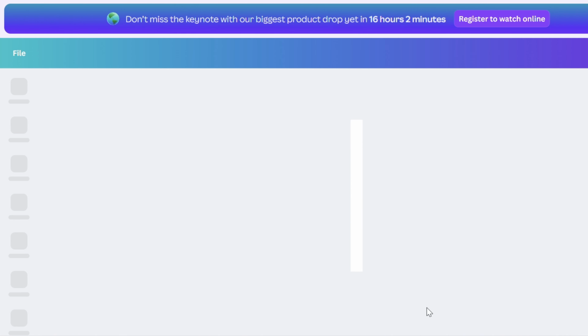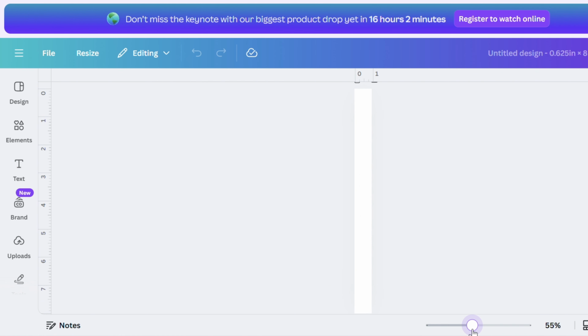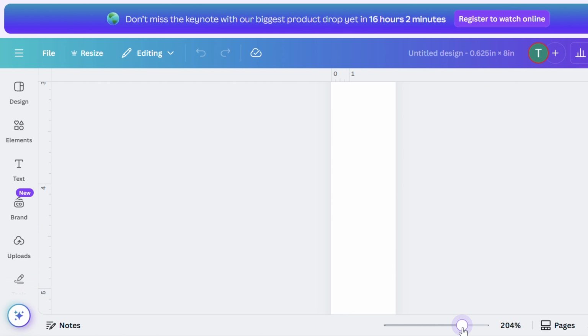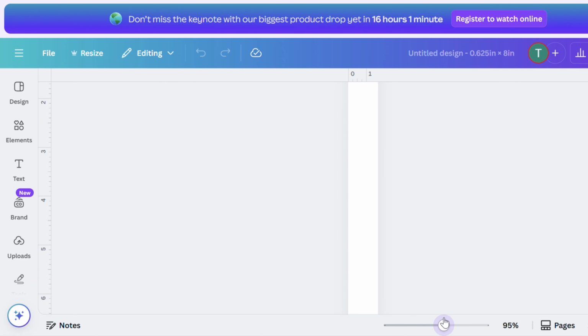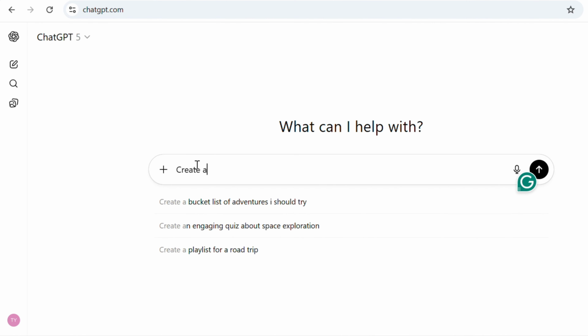And there it is. Because I can't hardly see that, I'm just going to make it a little bigger. The first thing I'm going to do is go to ChatGPT to create a lady to use on my memorial ribbon, because what I don't want to do is use somebody's family member to market my products, right? So I'm going to go to ChatGPT and say, create an image of